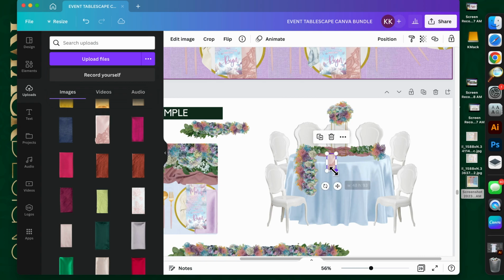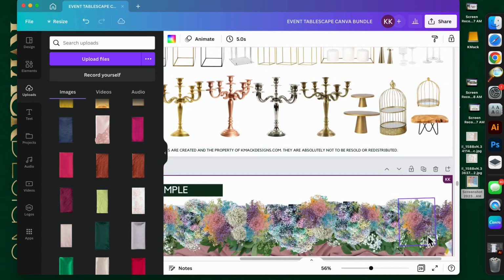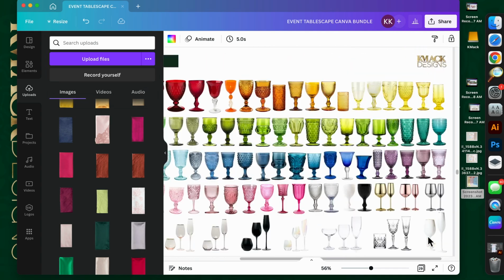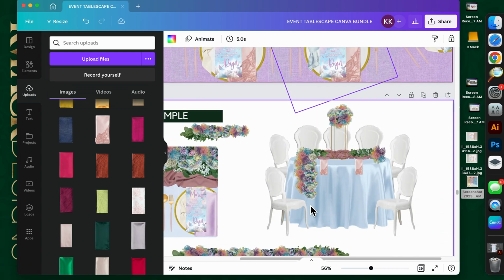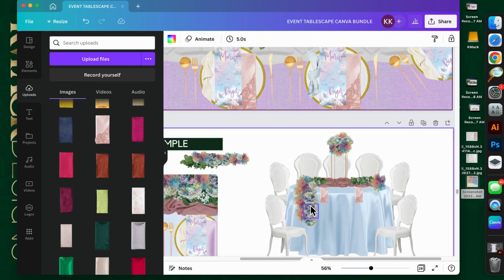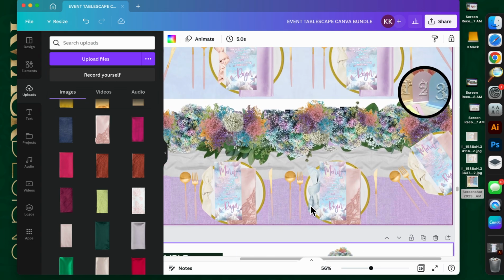Okay, so I'm just grabbing the napkin just for the seating placement. And then this is where you can add your cutlery. I mean your drinkware. So let's say for this table we have pink napkins, blue. We have